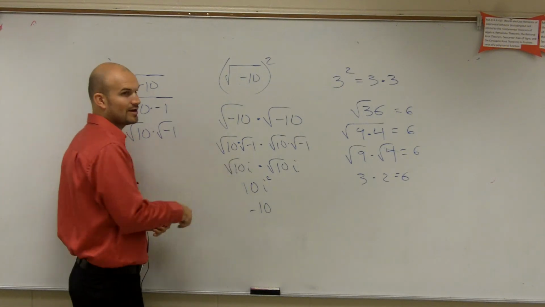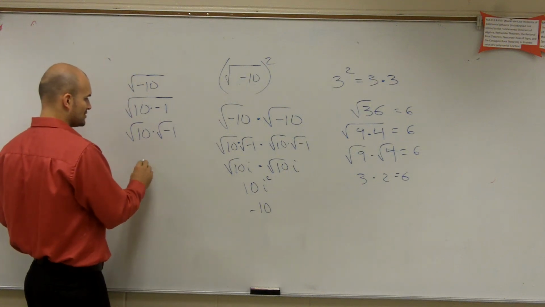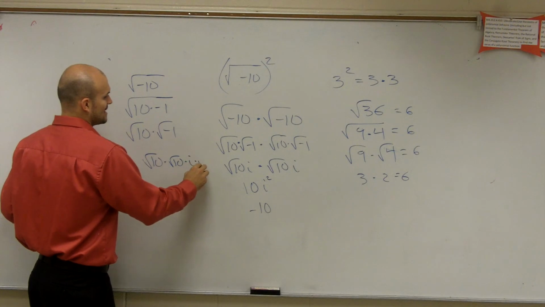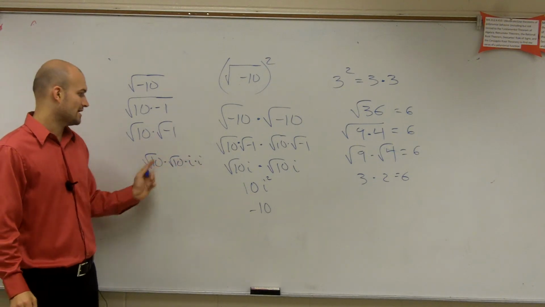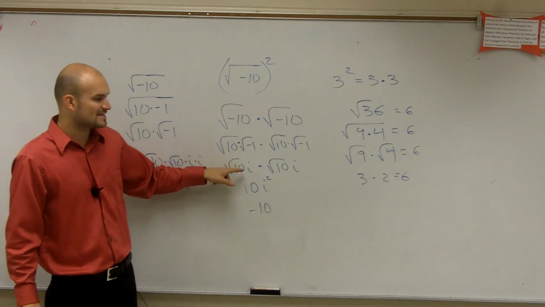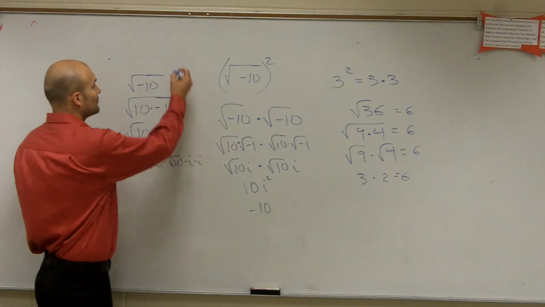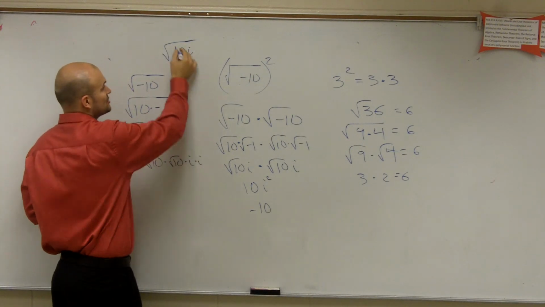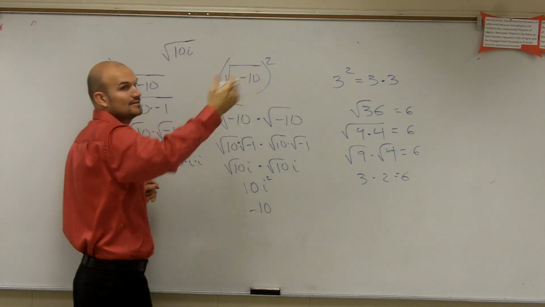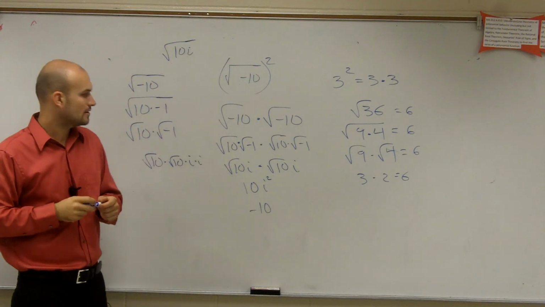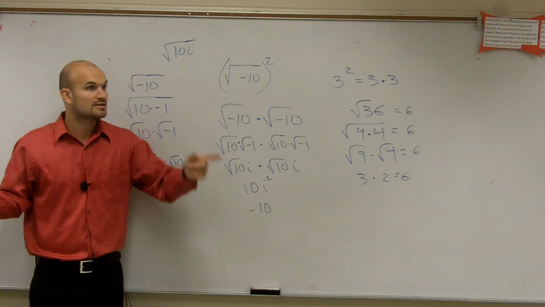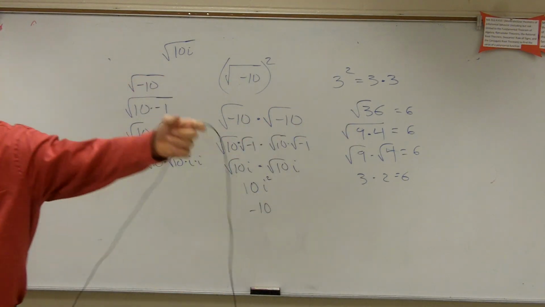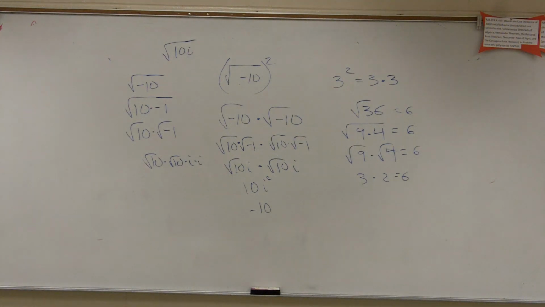So if I wanted to rewrite this multiplication problem, you could actually write it like this: square root of 10 times square root of 10 times i times i. Okay? You could write it like that if you wanted to. You just got to know it is not the square root of 10i, like that. It's just the square root of 10 times i. Okay? Does that make sense? Okay. Any other last questions on this? Do you see how that works, though, now? Okay. Good. Because that's one of the things that a lot of students always